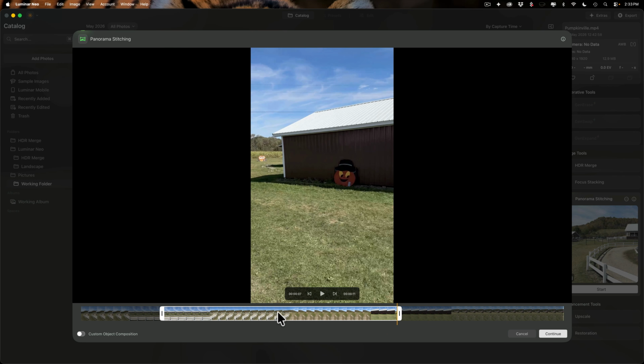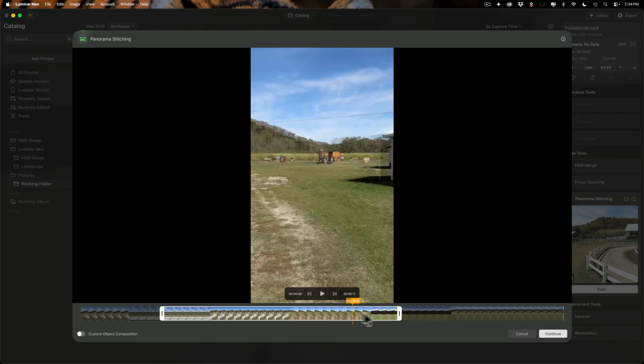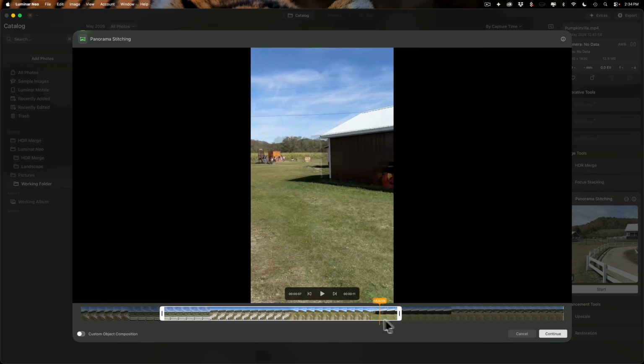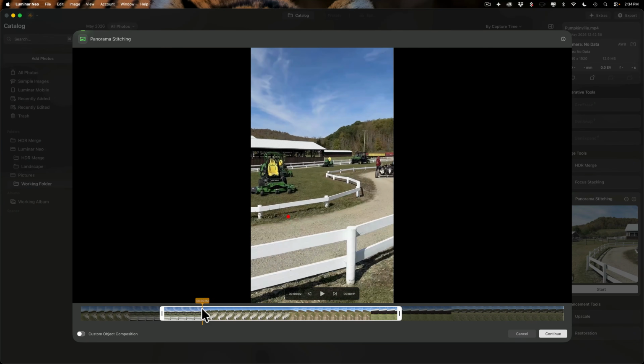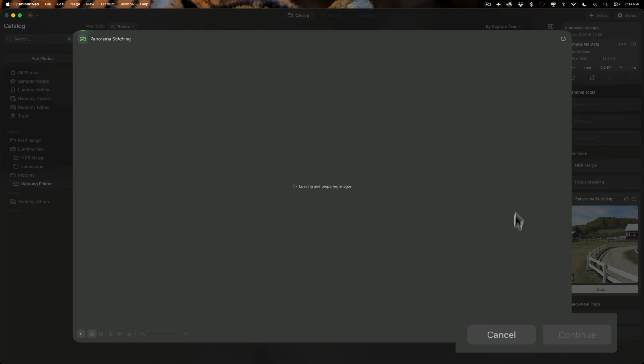So I want it to go from like this area right here to that area. And then we'll create the panorama from this snippet of the video. Next thing to do is click continue. And when you do that, it will show you kind of a preview of your panorama, and you'll be able